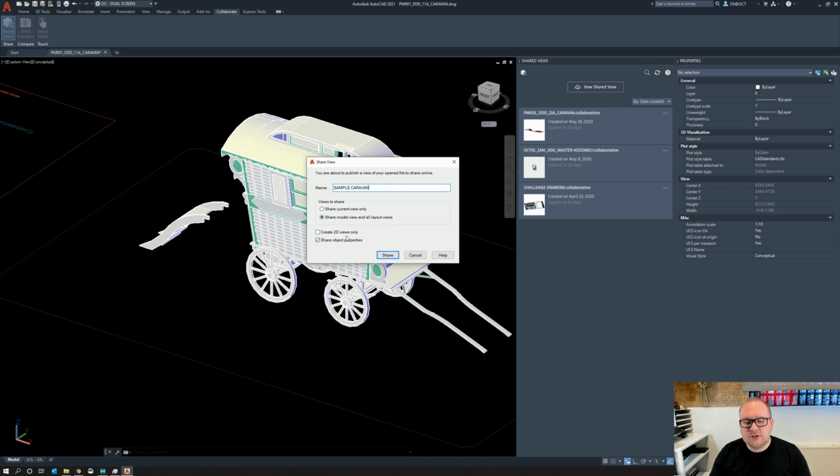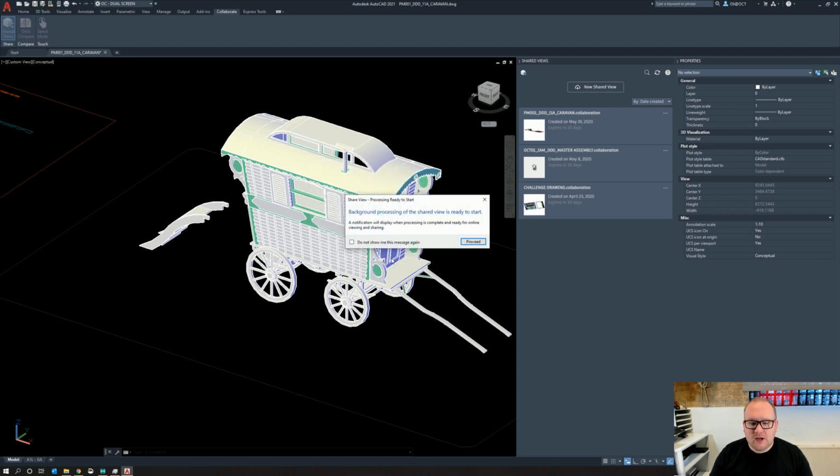I can ask it only to show 2D views, but I've gone to the effort of drawing a 3D, so why wouldn't I show the 3D? And then I can also share object properties. This might include information such as materials if you've mapped them, or if you've put any particular deeper properties in the 3D objects or 2D objects. So I keep that on by default. At that point, I hit share,